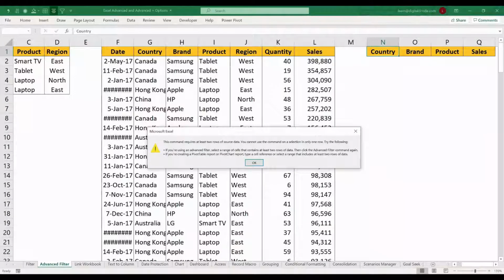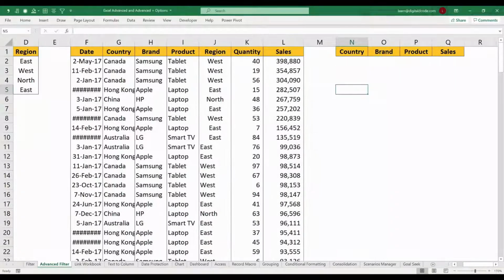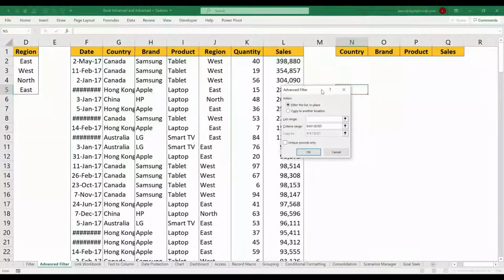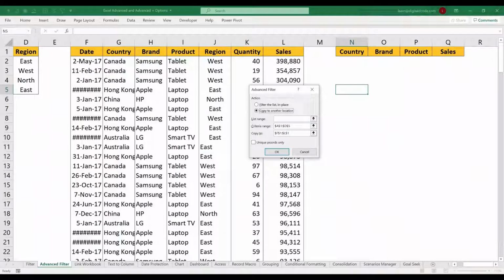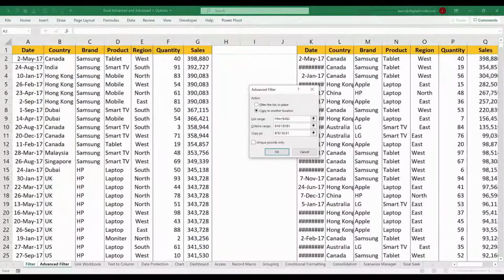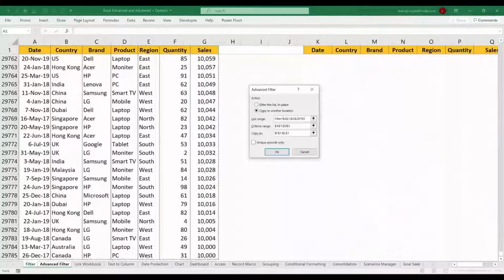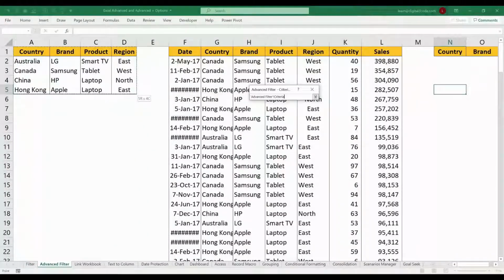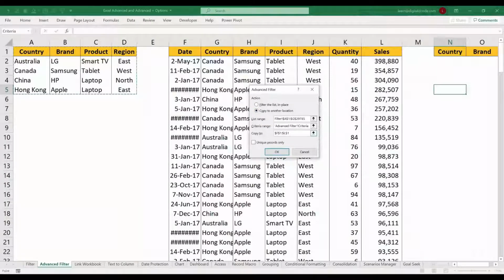Let's check. Not sure what the error is. Let me try from here. Now it's coming. Copy to another location, list range: select the range, this is my data, select along with the header. Then the criteria range: delete and choose whatever criteria you have, and then the copy to location.